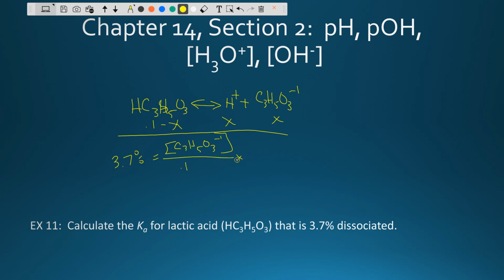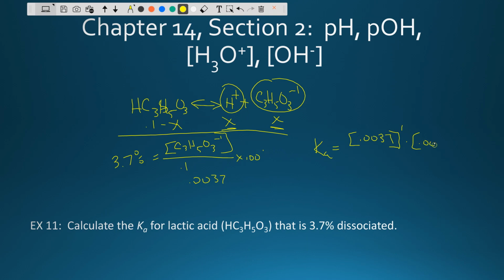Multiply that by 100, and that will give me a value of 0.0037. Now, remember that my hydrogen is the same as this because they're both x's. So to find my Ka value, that's my hydrogen concentration, 0.0037 to the first power, times my lactic acid conjugate base,